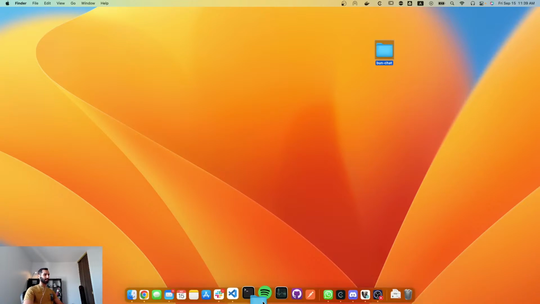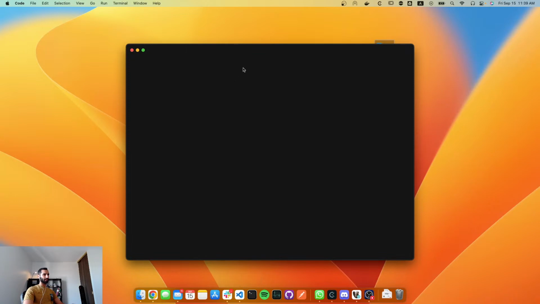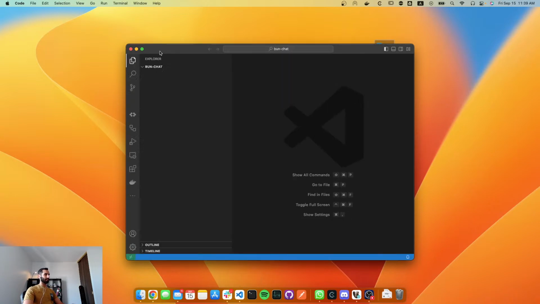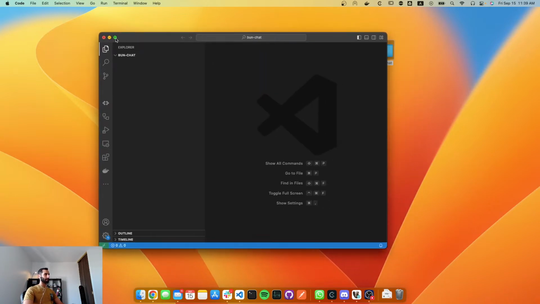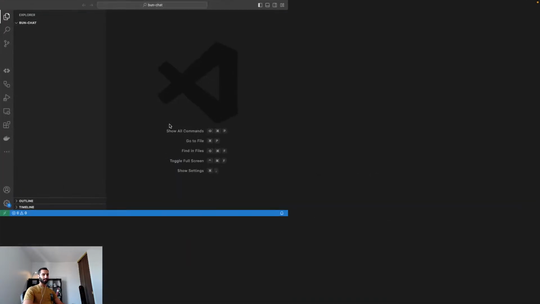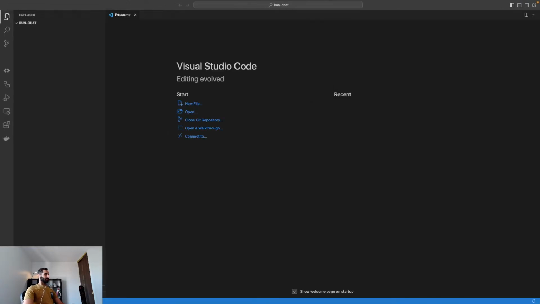Okay, and then we're gonna drag it into our VS Code. So we're just gonna do a bit of a cleanup and a build, kind of the base. Pull that up here on the full screen. Okay, so what I'm gonna be doing is